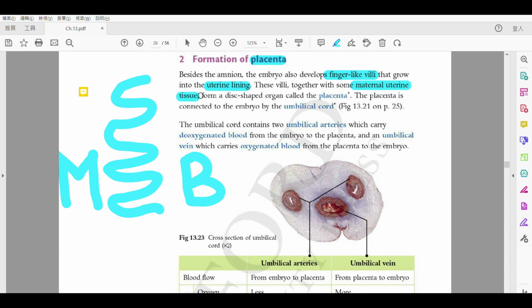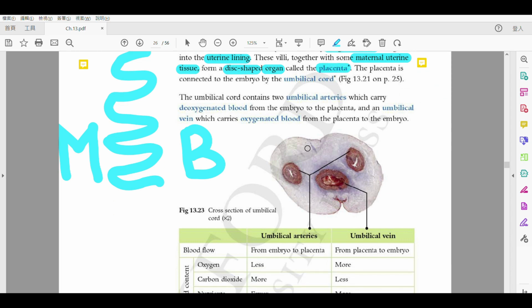Uterine 係咩嚟㗎? That means related to... 唔係 urine 喎。That means it is related to uterus 啦，uterine 啊嘛，related to uterus, 同個子宮係相關嘅。Alright, so it will form with the maternal uterine tissue 啦，and then 形成咗一個 organ, 係暫時性嘅啫，a temporary organ。我寫喺度啊。It will form a temporary organ, 暫時性嘅 organ。咁你都見到啦，係一個 disc shape, it's called the placenta, 就叫做 placenta 啦。